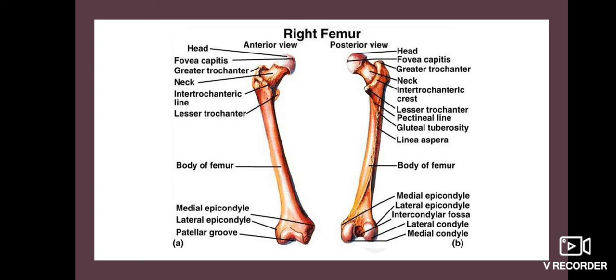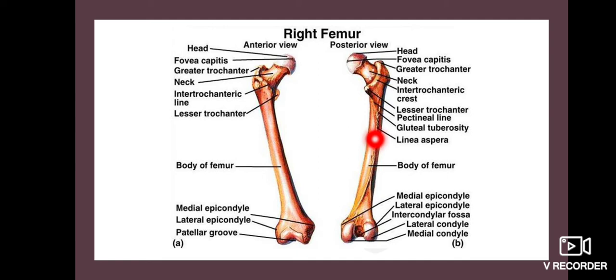There are 3 borders and 3 surfaces. The borders are the medial border, lateral border and posterior border. Medial border medially, lateral border laterally, posterior border posteriorly. But there is a peculiar feature for the posterior border. The posterior border is sharp only in the middle part. This posterior border is called the linea aspera, which is very prominent, and it is clear only in the